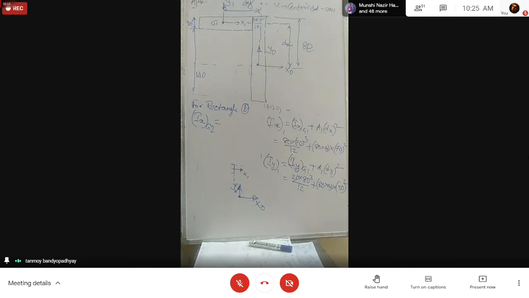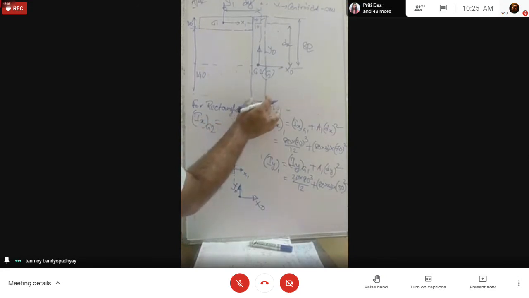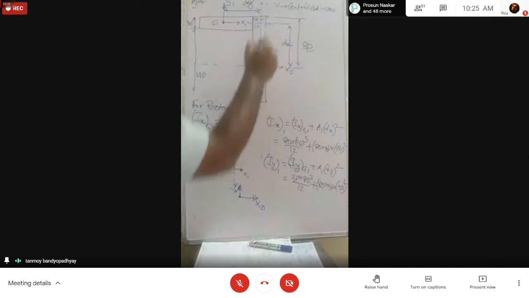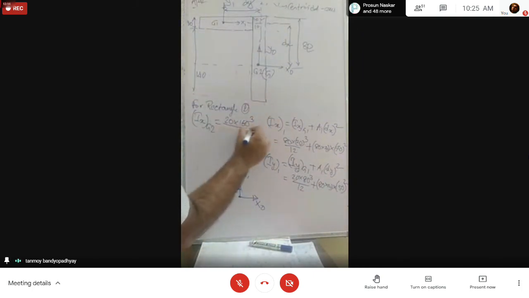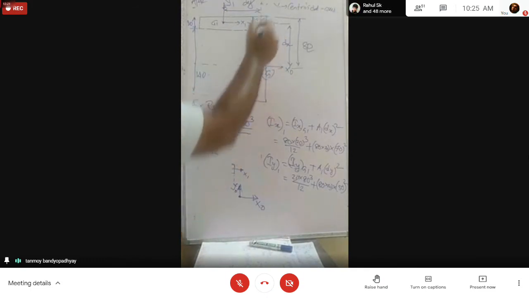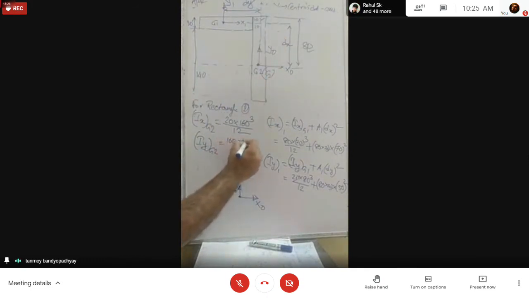So Ix about G2 will be equal to, so this is we are calling it as G2, and G2 and G have coincided. So actually G2, the centroid of the element number 2, it has coincided with the centroid of the entire figure. So Ix G2 will be equal to BD cube by 12. So base is এটা 20 into depth cube. So depth is 160. So BD cube divided by 12, and similarly Iy G2, that will be equal to dB cube by 12. So the depth is 160 into 20 cube divided by 12. ঠিক আছে? So this will be the answer actually. মানে এইটাই actually এখানে চলে আসবে.